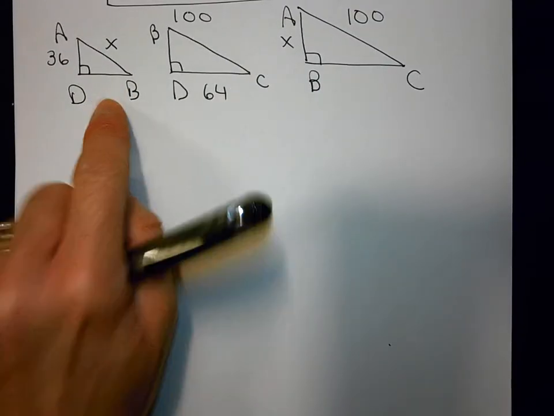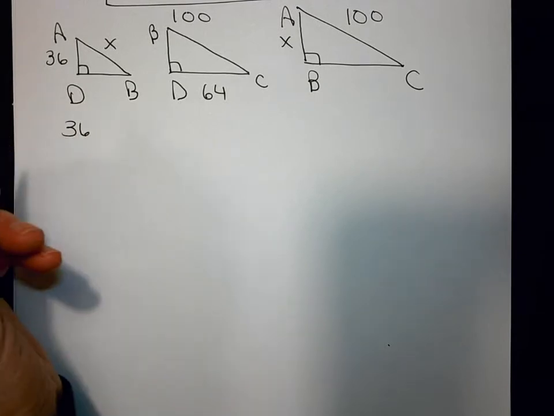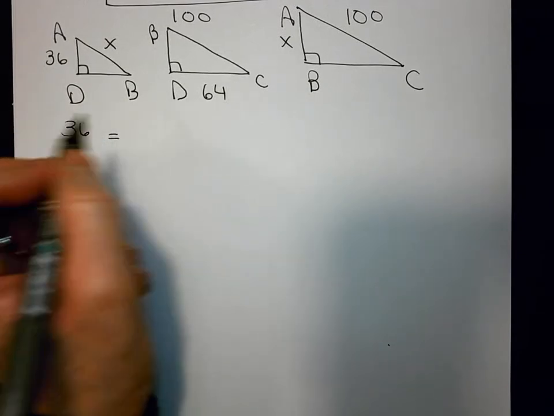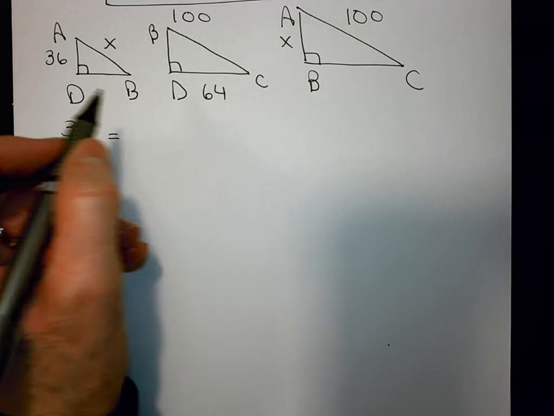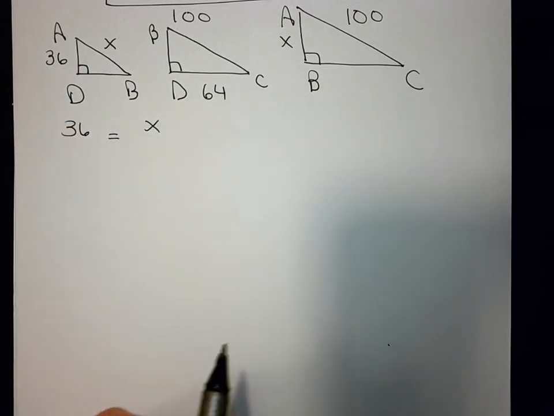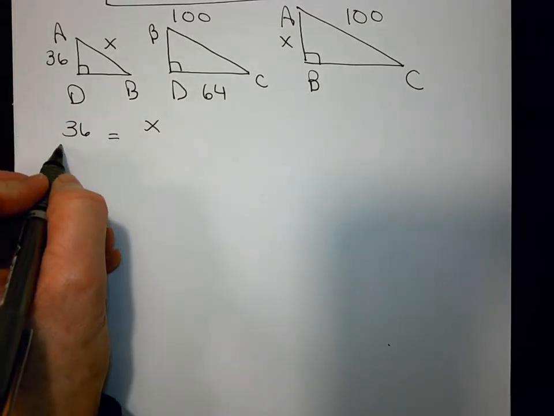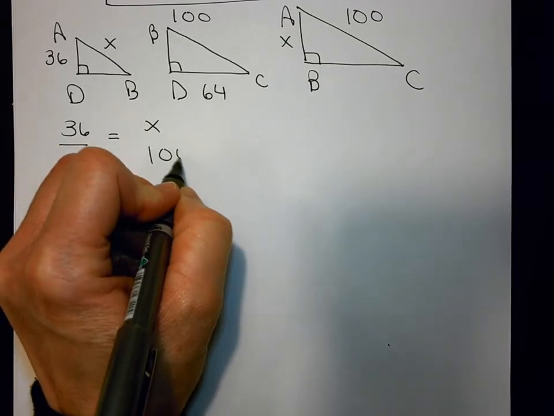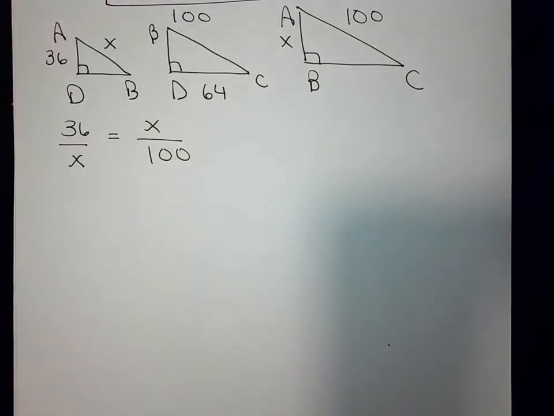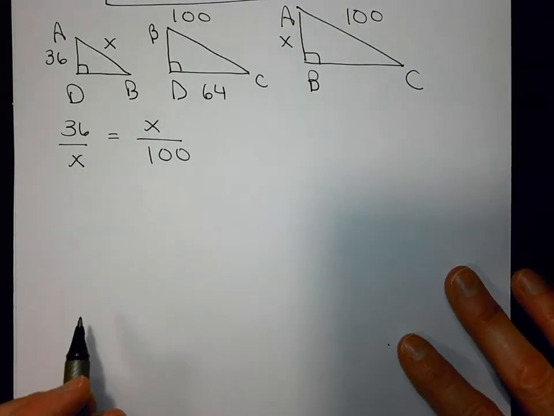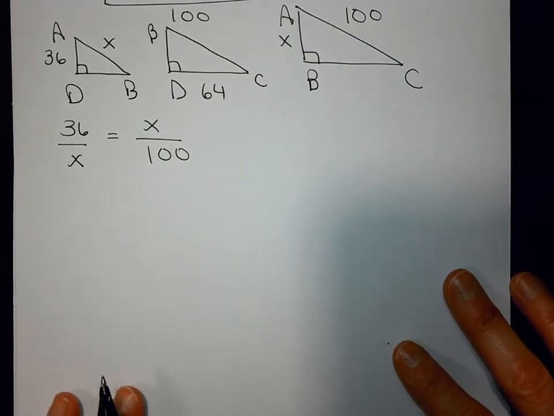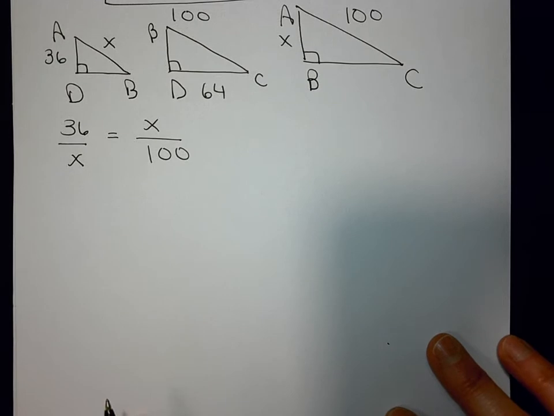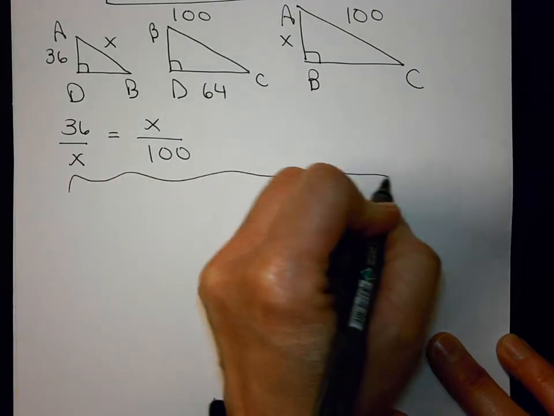So I'm going to set up a ratio. I'm going to say 36, which is short side, and short side of the big triangle, and then I'm going to say hypotenuse of the small and hypotenuse of the large. So I have 36 over X is equal to X over 100. If this is the method that you would use, then you would just do your 36 times 100 equals your X times your X. If you want to use the second method